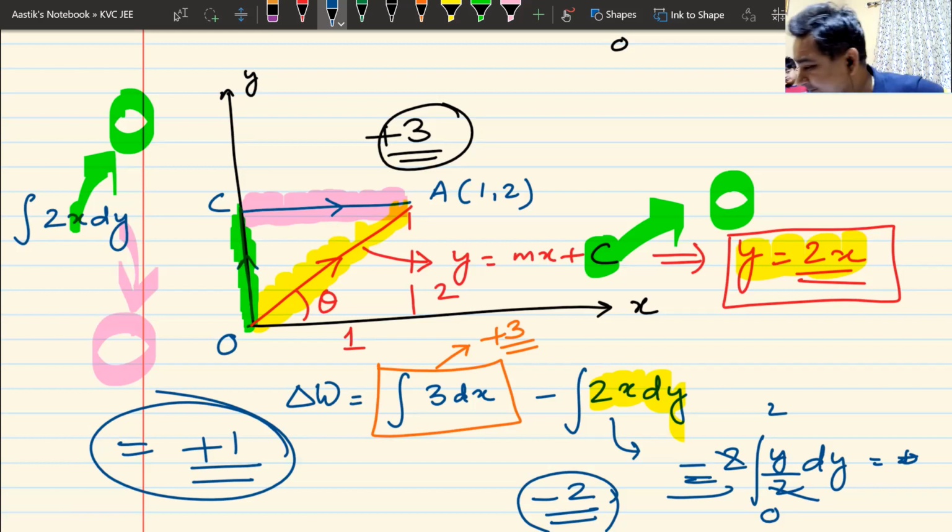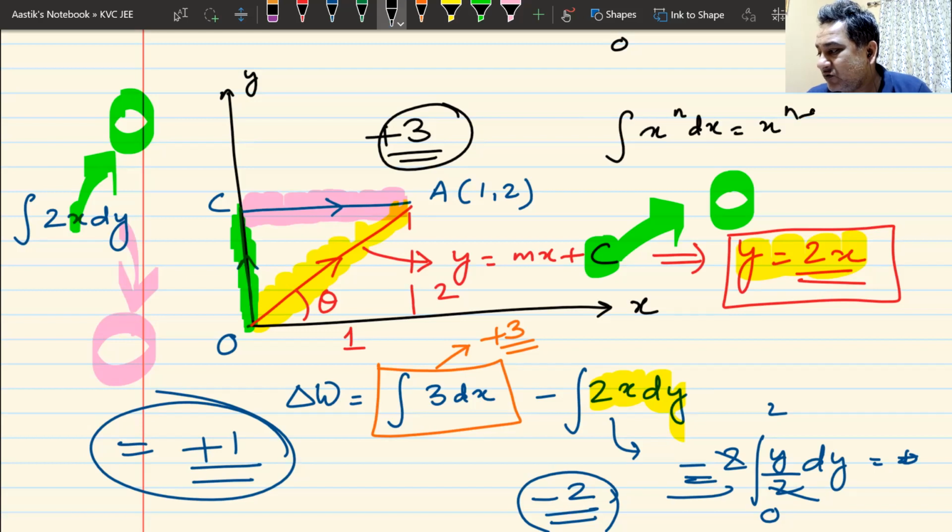You must remember it. If you can't remember it, then go back and see the class where we had written the integral formula. The integral formula was integral of x raised to the power n dx is x raised to the power n plus 1 divided by n plus 1 plus c. C is a constant which is known as the constant of integration. Here we have used a definite integral, and therefore we are not writing the value of c. We get this, everyone?